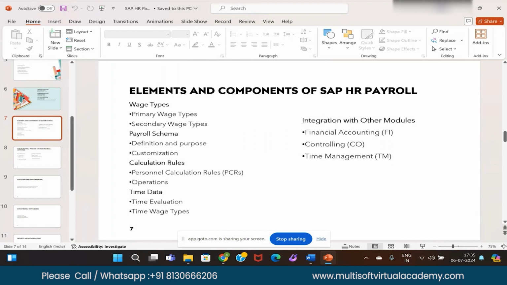It will produce a result for you: you will get a payroll log, a report with employee number, name, and what amount has been credited, a detailed log. And you can print the salary slip also for the employees.